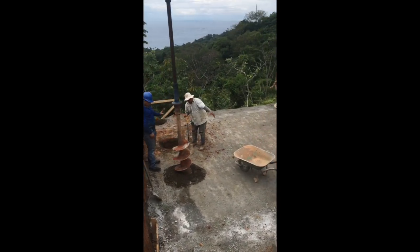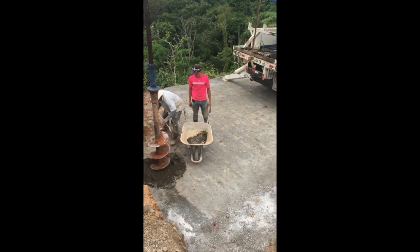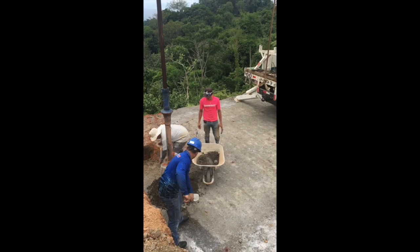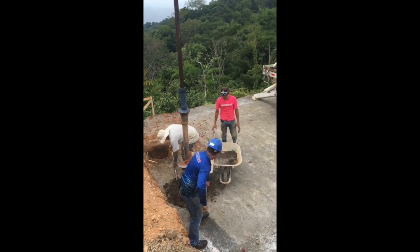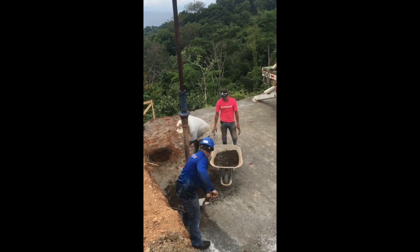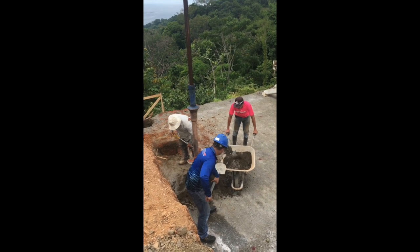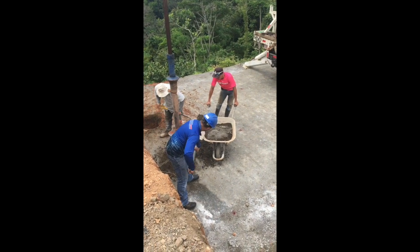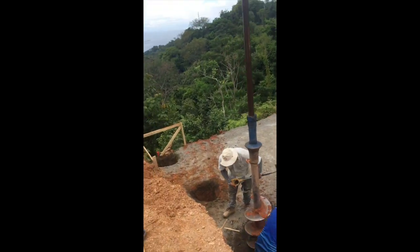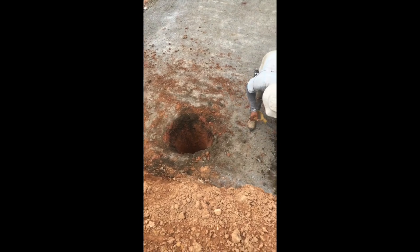Okay, busy today. Putting our cat's claws into this mountainside with a boring truck. Well, this truck normally is digging holes for high line power, but today piling is the mission. So we have one dug,